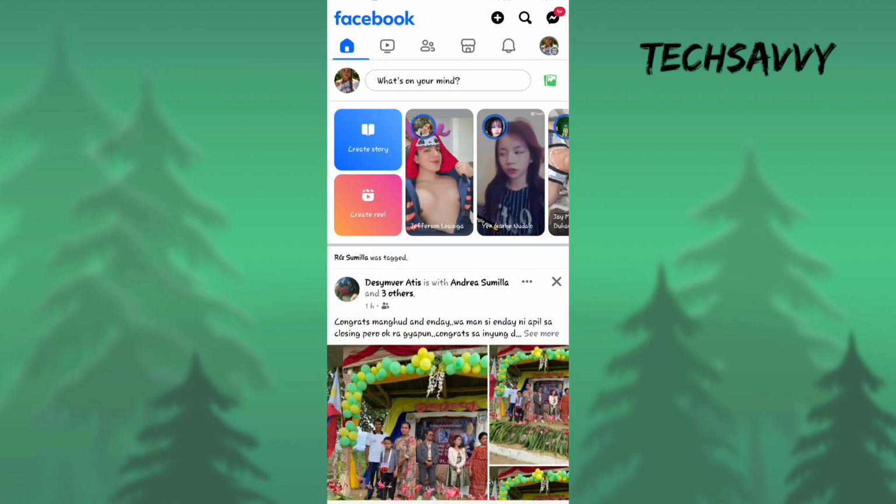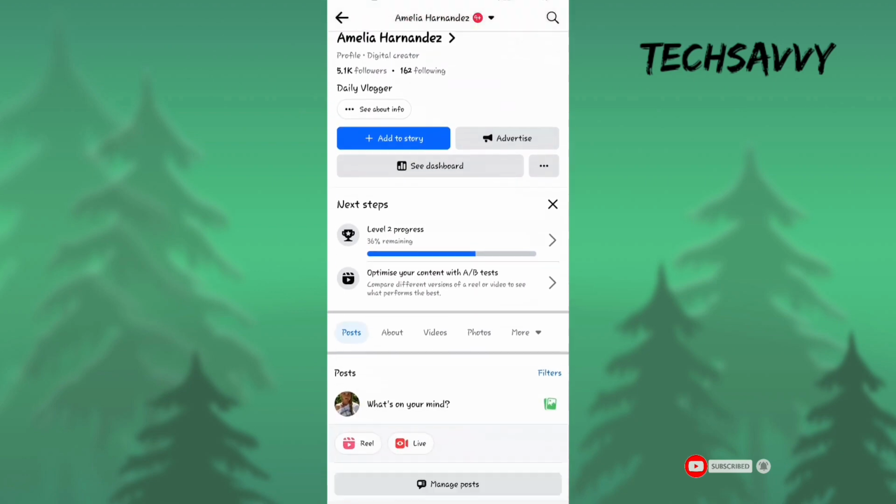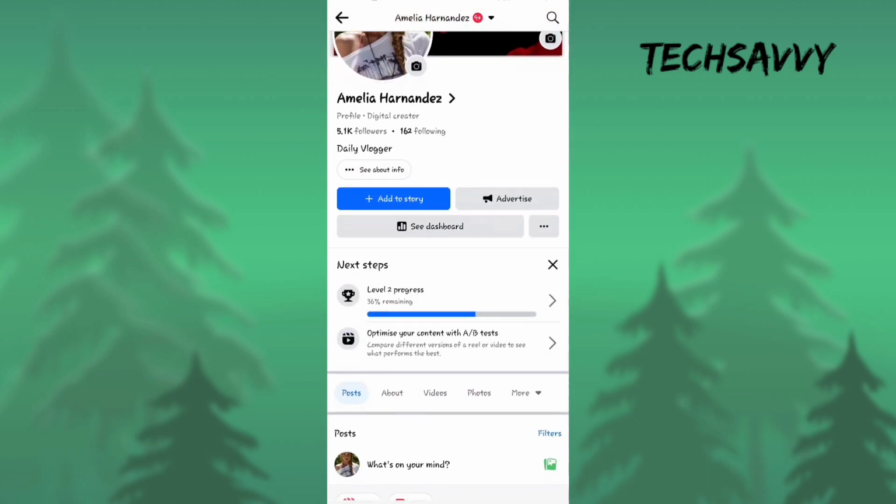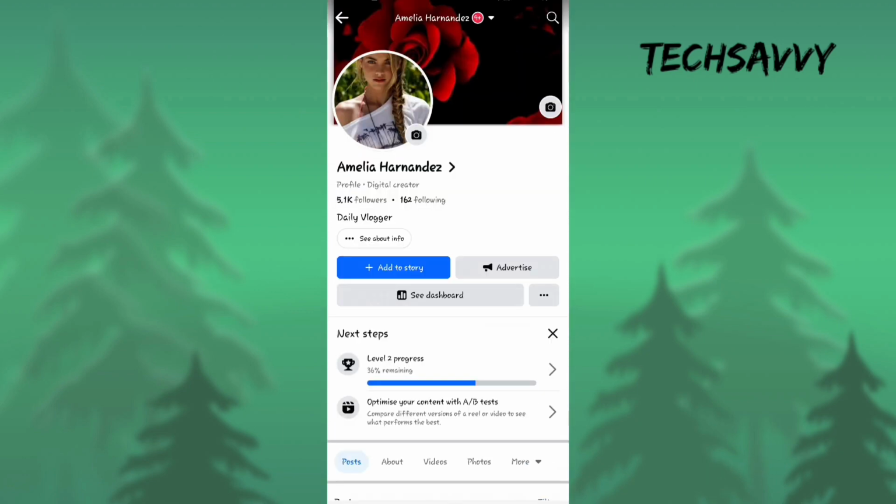At first we just need to go to our Facebook icon. So click on your profile icon here. Once you have clicked on your profile icon, you just need to go to the right hand side where you'll find a three dot beside See dashboard. So click here,